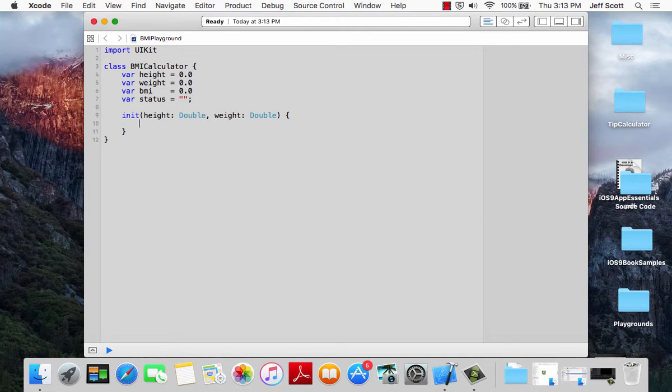What's the magic word? It's not this, like we have in Java. What is the word? Self. We'll have to start out by saying self.height equal height. I'm going to type that in, self.height equal height and self.weight equal weight. All right? And once we put those two lines in,